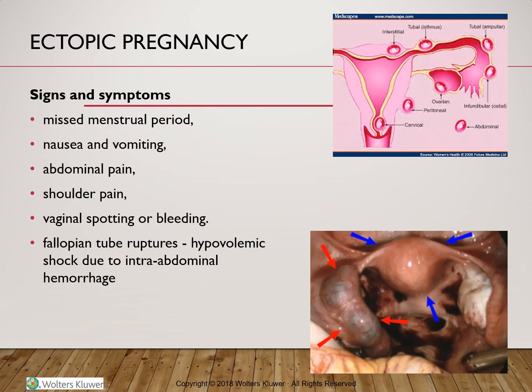We'll discuss now a few of the bleeding disorders that can occur during early, mid, or late pregnancy. The early bleeding disorders will include the ectopic pregnancy and the spontaneous abortions. Diagnosis of molar pregnancy is most commonly in early pregnancy, but it cannot be identified sometimes until mid-pregnancy. Placenta previa and abruptio placenta are bleeding disorders that will happen during late pregnancy.